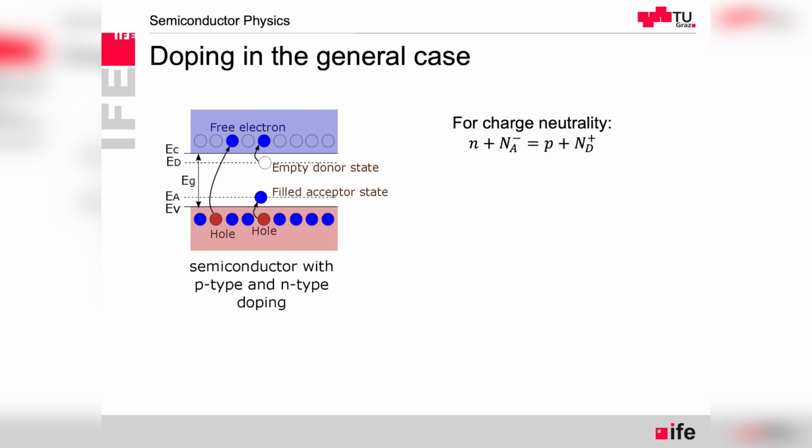And here we have the situation where we have donor and acceptor at the same time. So we have this donor and acceptor energy levels added to the semiconductor. And what happens here is, maybe you can already easily guess, because of this charge neutrality, if we have added electrons and holes, they will recombine with each other, and basically we stay with something that looks like an intrinsic semiconductor. It's just we can never exactly balance it, but